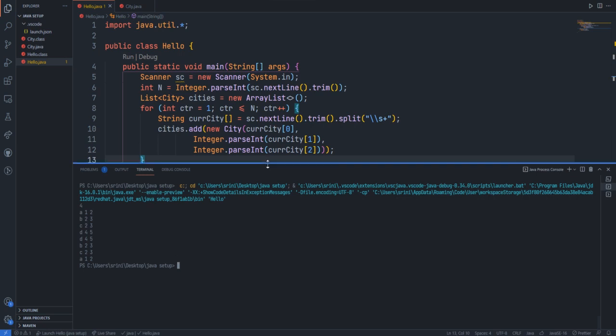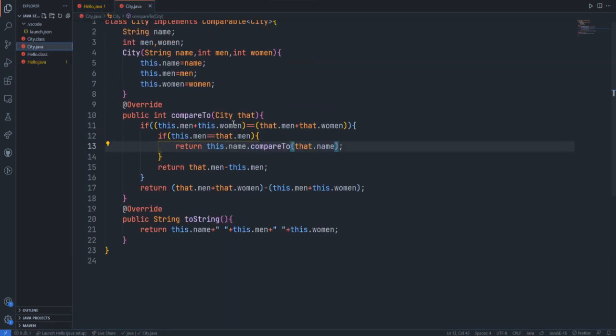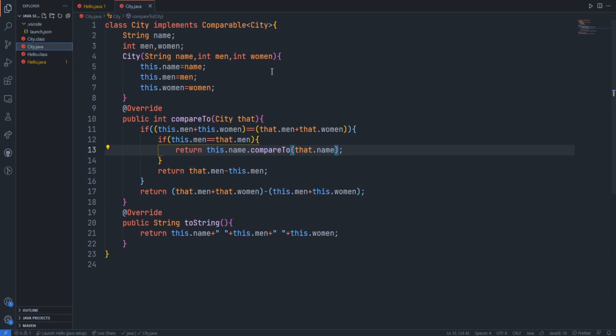That's it guys, that's it for today's video. Here is the code for you. You just need to implement this code in the blank space, and then you will get a bronze for sure.